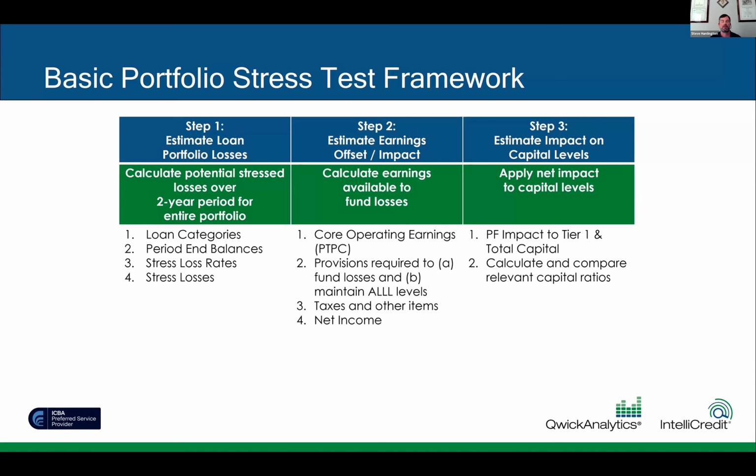Then the second step, once we've recalculated and reprojected dollar amounts of loan losses, and keep in mind, it's not just about loan losses. We also have to keep track of reserve levels, and we have to keep track of losses on the sale of OREO, because during a recent environment, there hasn't been too much concern on valuations on real estate dropping before it can be sold off the books. That was a very large piece of the overall puzzle during the last credit cycle. So not only were there losses on the loan portfolio, there were losses on the sale of OREO, and we were all, as an industry, required to keep higher reserve levels.